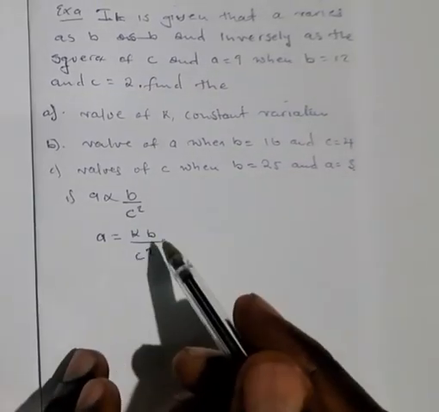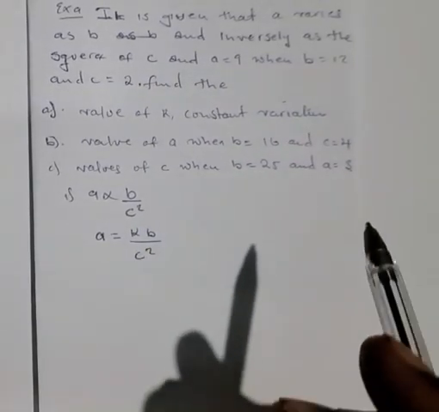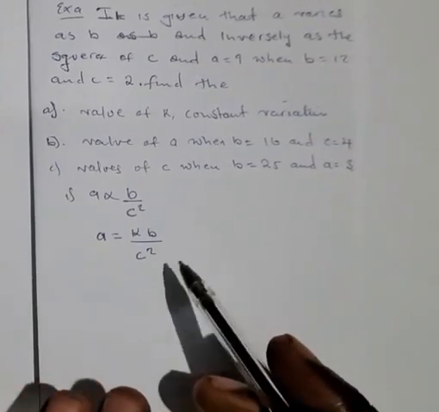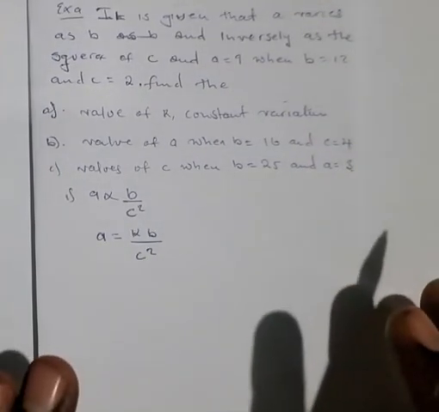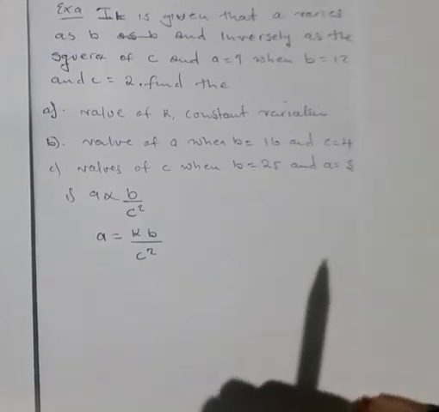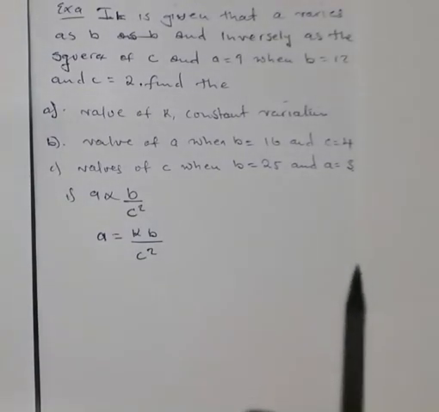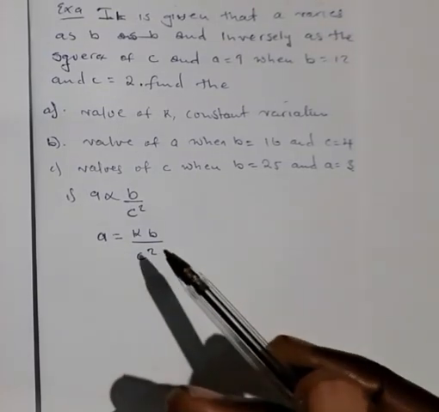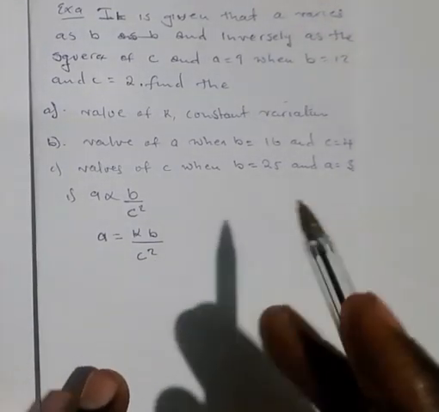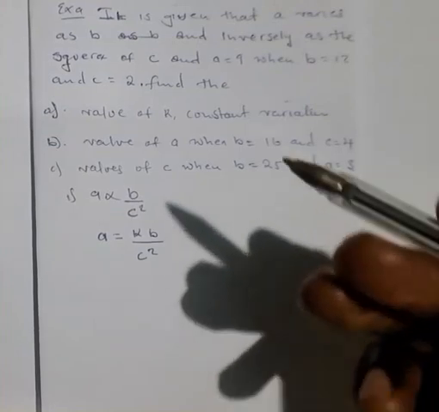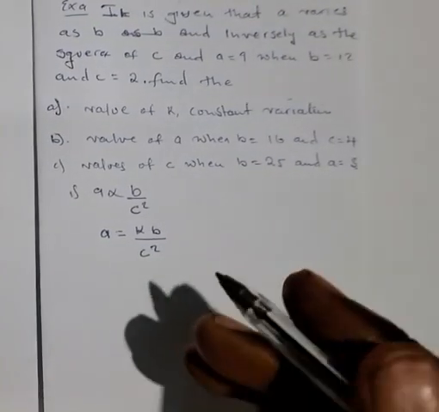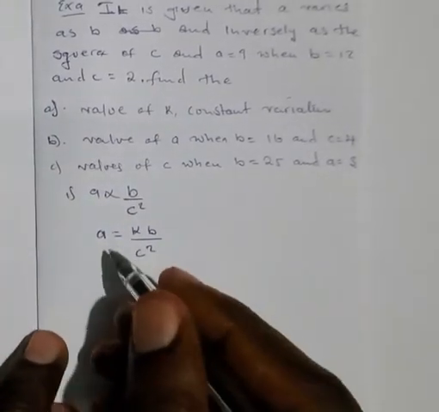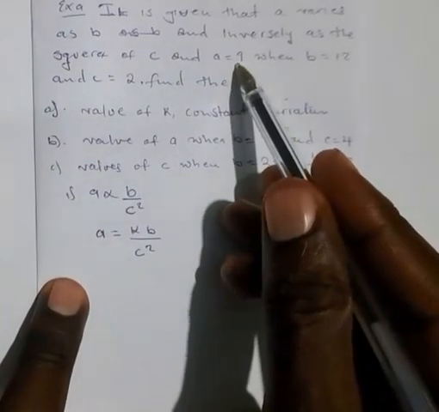Now, this constant of variation is a number that does not change. Whether A changes, B changes, C changes, it doesn't care. That's why it is constant. Remember we said variation means when one variable changes, the other one also changes, whether a reduction or an increase. But with K, it doesn't. I'll show you what I mean by that, because you'll notice we'll be using this number without changing. So now we're told in the question that A is equal to 9,